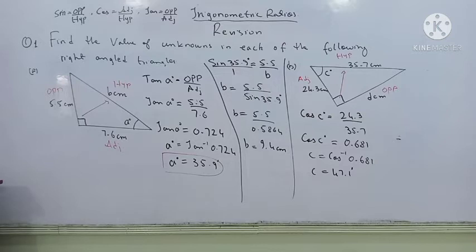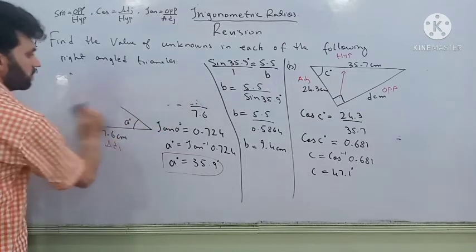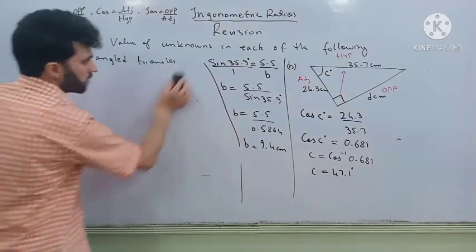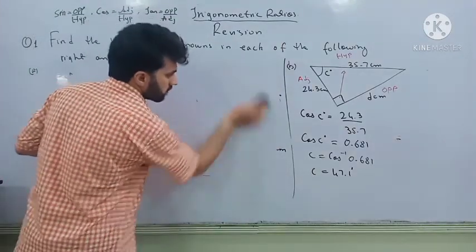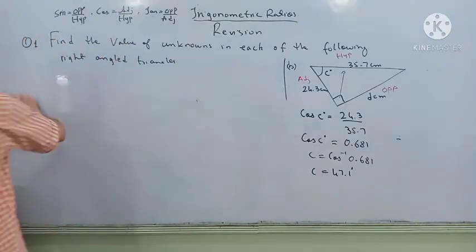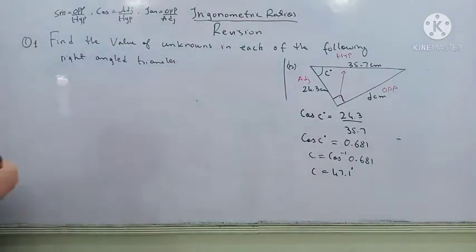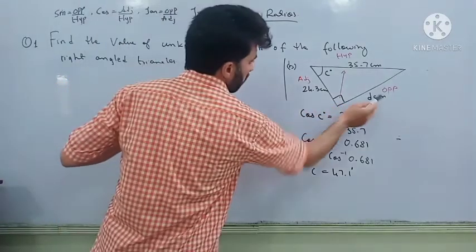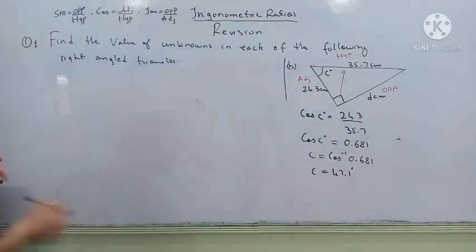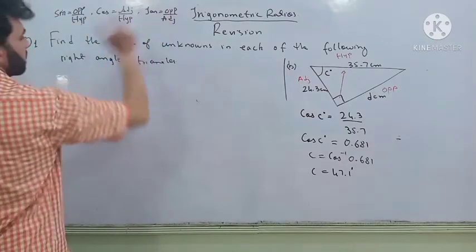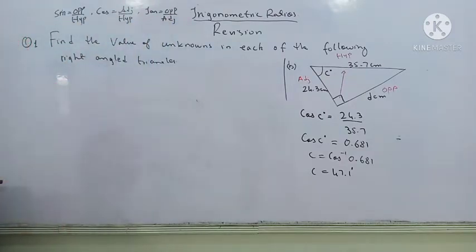So for finding out D, we have to raise this question because we have some little space. Now for D is the opposite. So we can apply tan. We can apply tan, or we can apply sine, because opposite comes in sine and tan. So we can apply tan as well as sine. So we apply tan. Tan